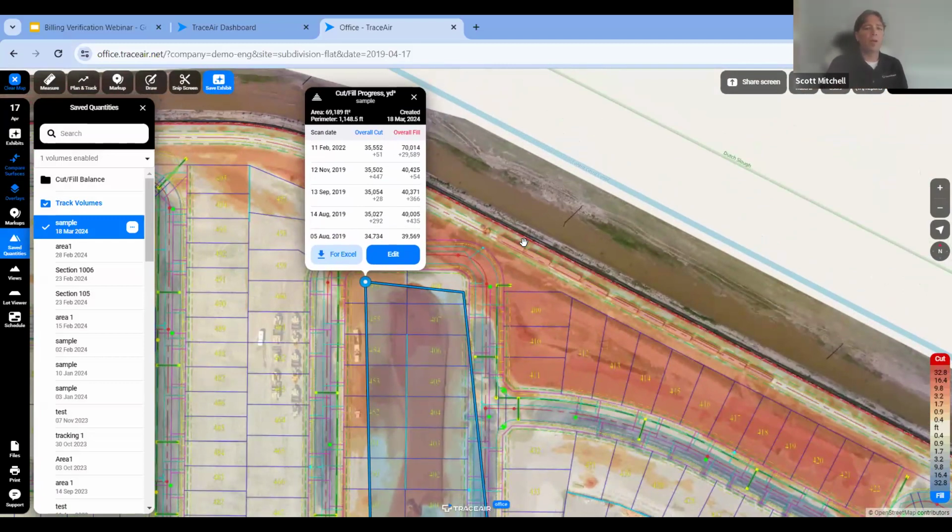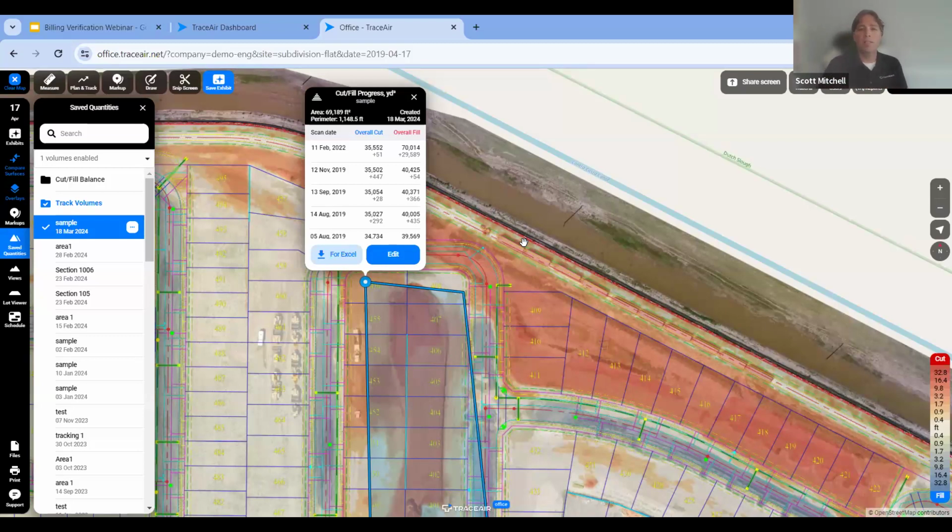Being able to understand the cut and fill as it's coming and going, scan over scan, however often we're on site, is so powerful because it is accurate data. It's a source of truth that you can collaborate with